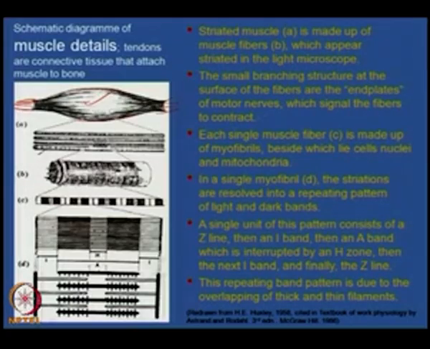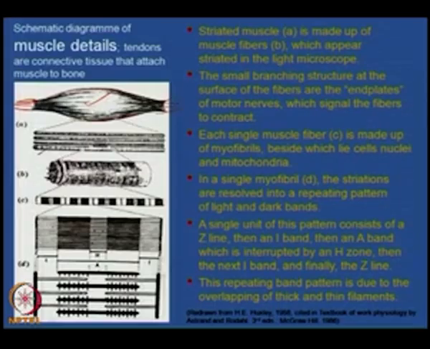Now, on this the motor nerve ends come, which signal the fiber to contract. Each single muscle fiber is made up of myofibrils, small fibers, beside which lie cells, nuclei and mitochondria. In a single myofibril,